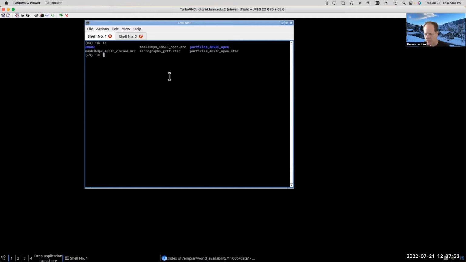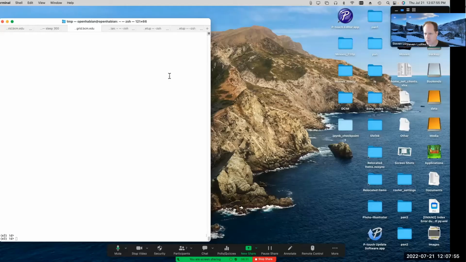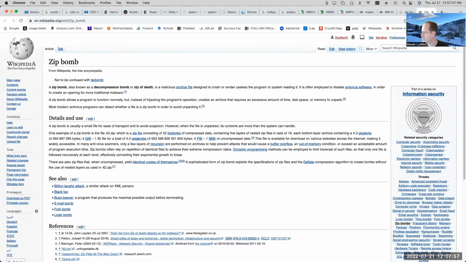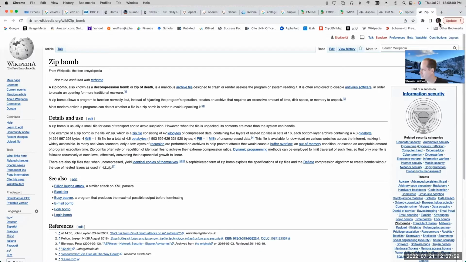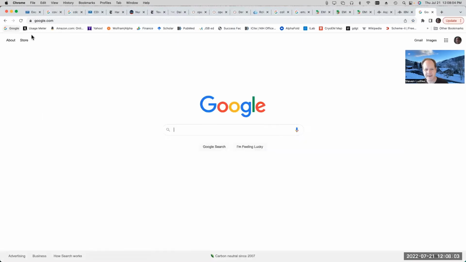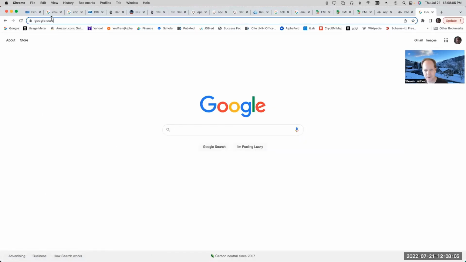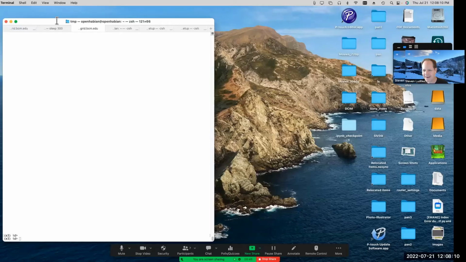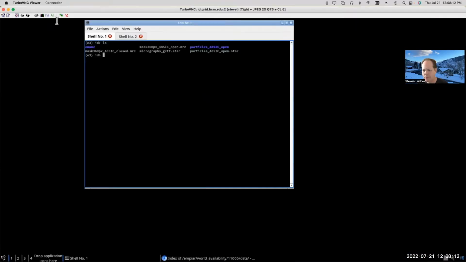All right, so the data set that I was thinking we would look at here is, yeah, you can see I was looking up zip bombs because it was complaining that the Empire data set that I was looking at was a zip bomb. It wasn't, but let's see. A zip bomb is a maliciously constructed zip file which can be used to disable the antivirus system on a computer by making it use too many resources or something.